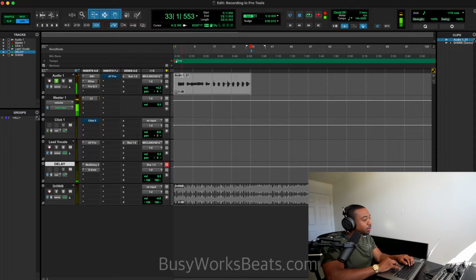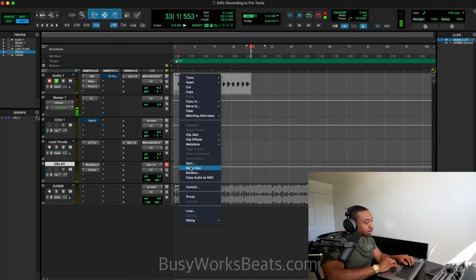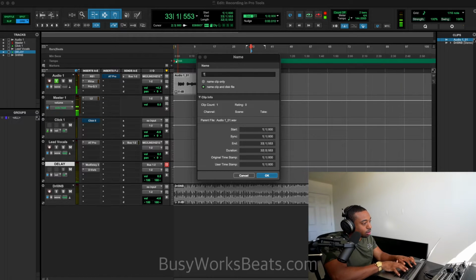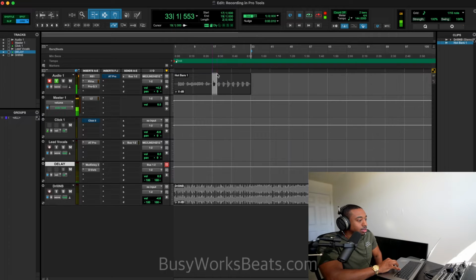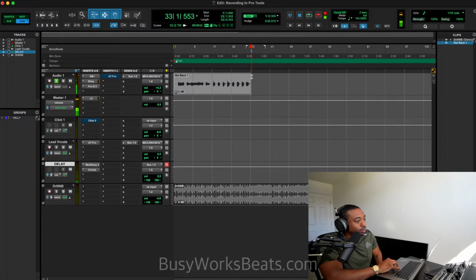Okay, here we go. So what we're gonna do is right click, rename this, and let's call this hot bars 1. And then we're gonna grab this tool up here, click up at the top so it highlights all 3. If you click individually, it only does one of the tools. Basically, wherever your mouse is over the waveform, it does a different thing. At the top, it does a selector thing. At the bottom, it does a grabby thing. On the sides, it does a fadey thing. And you could also do a clip thing over here with this little staple looking icon.